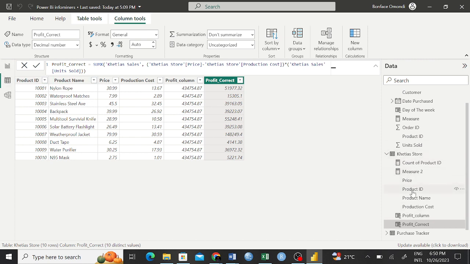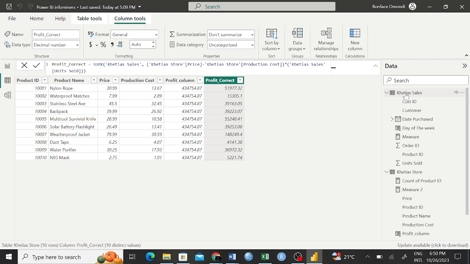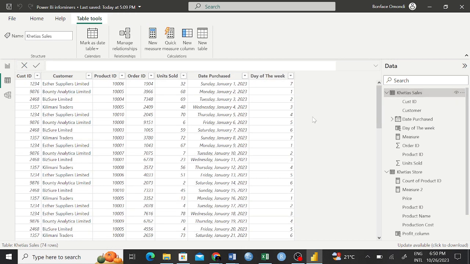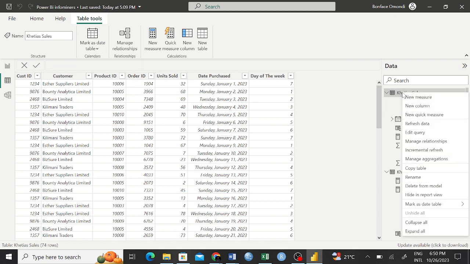Which product can we use? Let me see, order ID. Yesterday we used order ID, so we can just use these cells and try to write an if statement, because I'm not seeing it here. So you can just right click, and